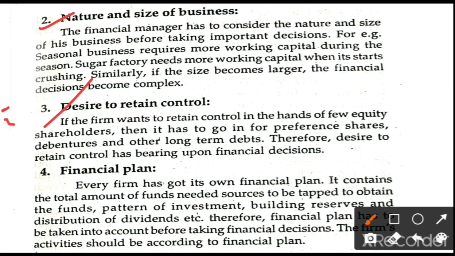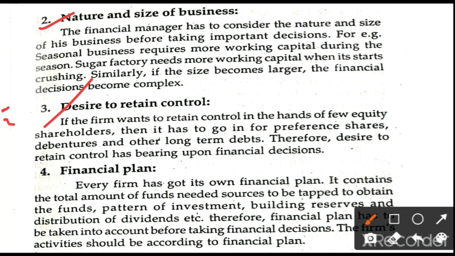My point is, if you take any decision regarding business activities, the objective is also very important. What type of business is there and what is the business intention, according to that we are going to take the decision. If it is profit maximization, as per that profit maximization we have to take the decision. If it is wealth maximization, according to the wealth we have to take the decision.